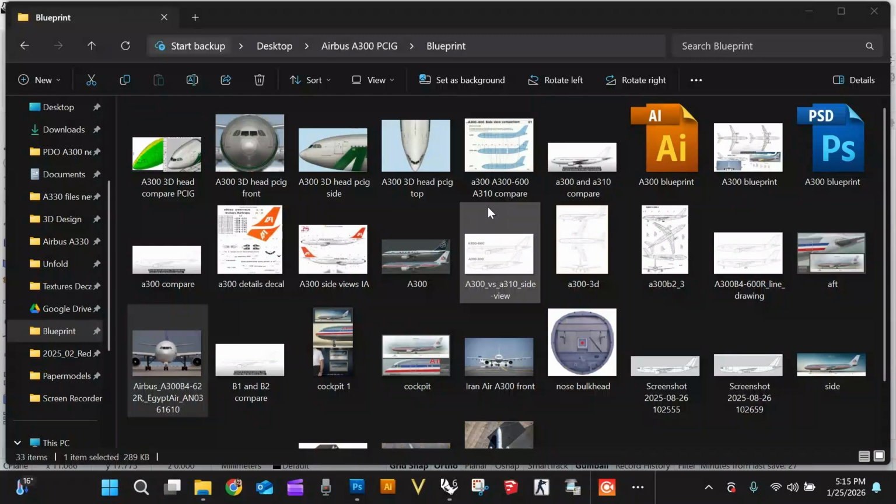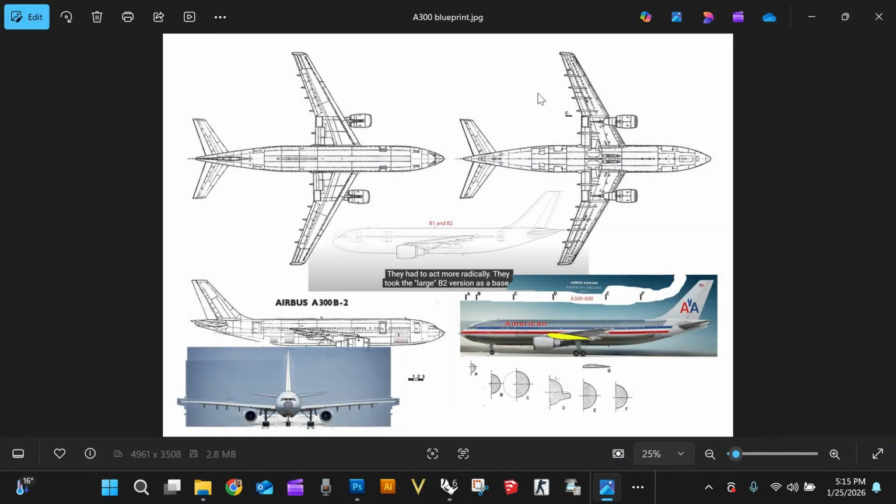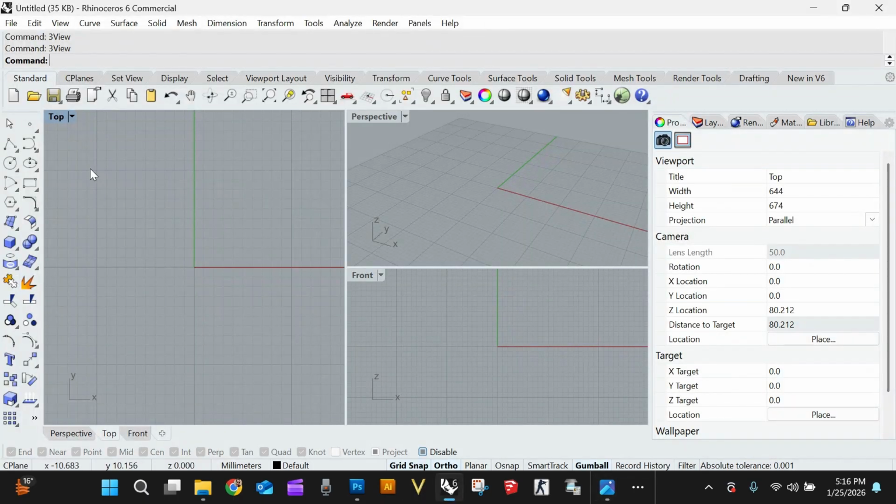Okay, before we start any modeling, we need the 3D view of that particular model or object. So let's say you have downloaded this, or you have created it somehow, just like I did. If you have this three-view, made somehow along with the cross sections or whatever, before starting the modeling in Rhinoceros,